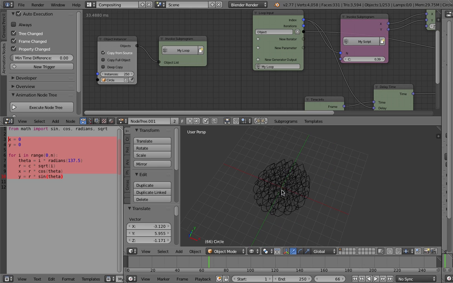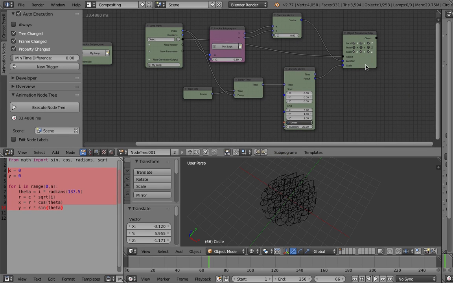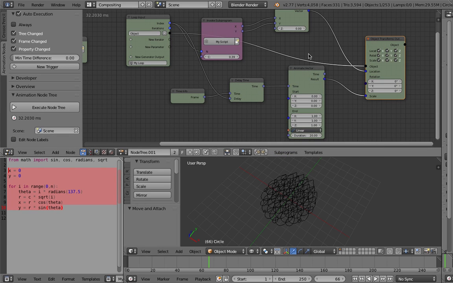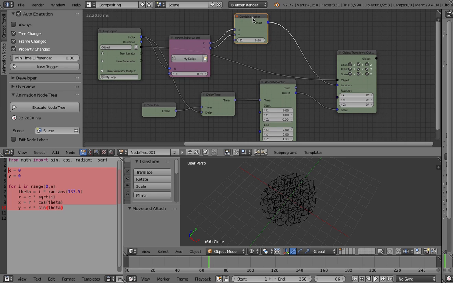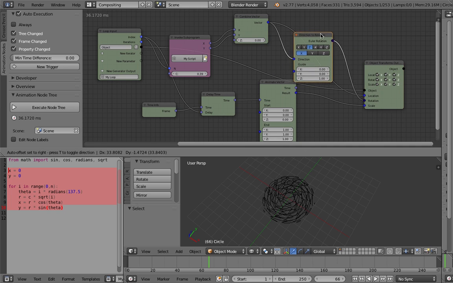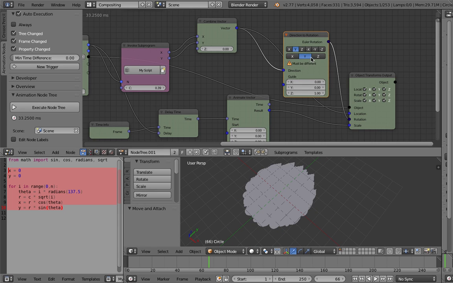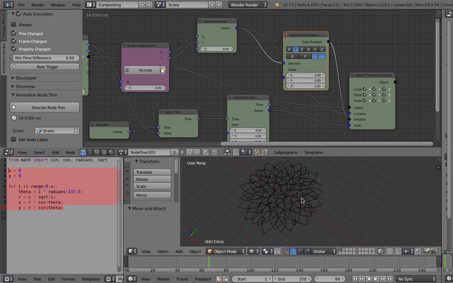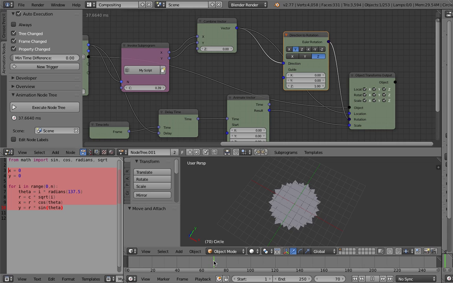I want the petal to be facing outward, so let's try plugging in the vector into the rotation. Hopefully we get what we want. Maybe, yeah, so that's pretty much what I want,